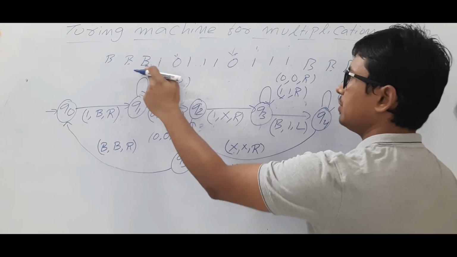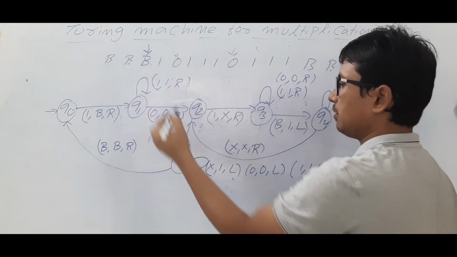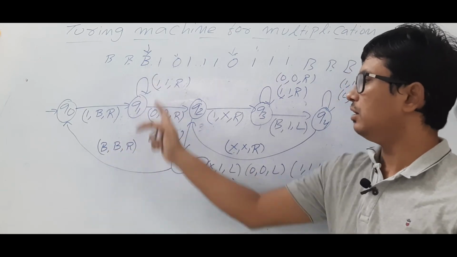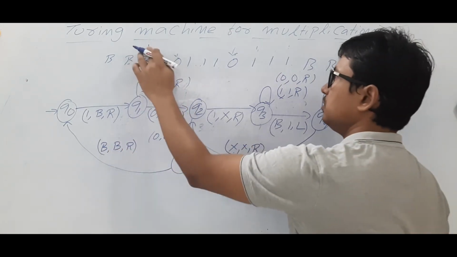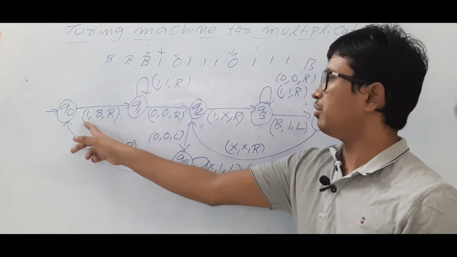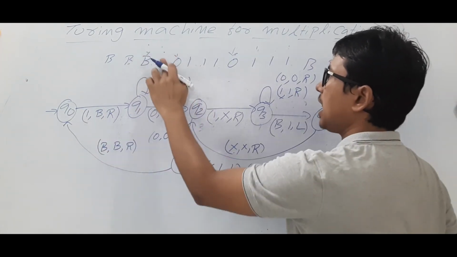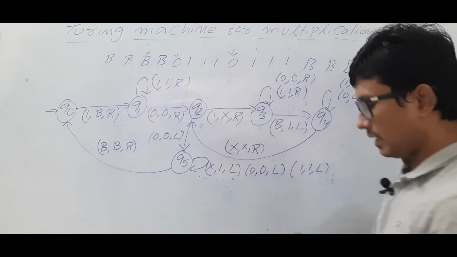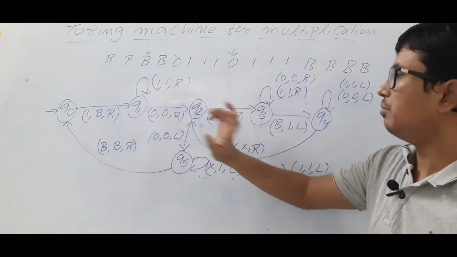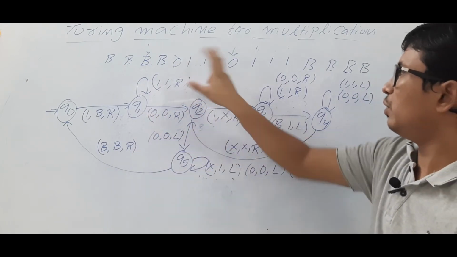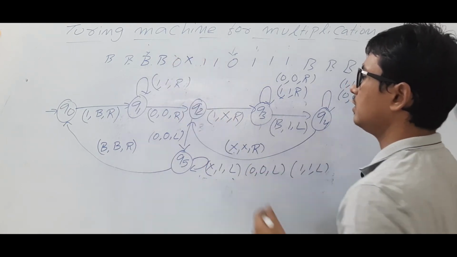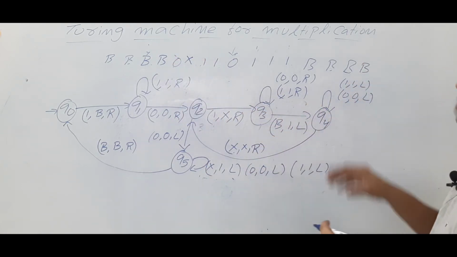So when I am in Q5 state, the tape head is pointing to here. So if I get a blank, keep it as a blank, move to the right. So you are here. Again this process will be repeated. If you have a 1, you will make it as a blank, move to the right. Any number of ones are not there here, only 0, so keep it as 0, move to the right. Again q2, 1 to x, 1 will be modified as x. Move to the right, all these things will happen.